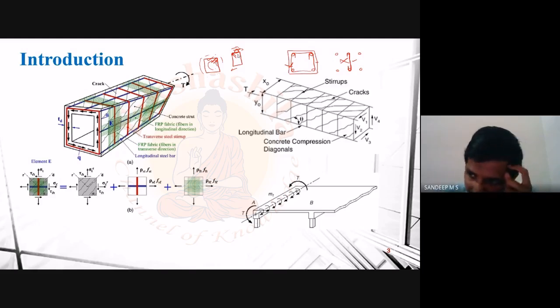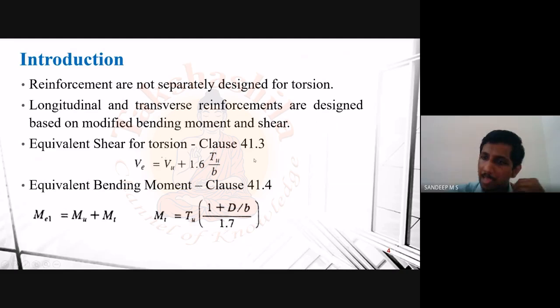Okay. Now, any more doubts for anyone up to this point? It's clear. Okay. And for the design of torsion, there is only a very slight difference, but the procedure remains entirely the same as what we have done for the design of a simply supported beam or cantilever beam. But the only difference is that